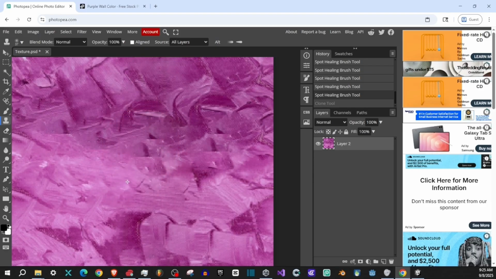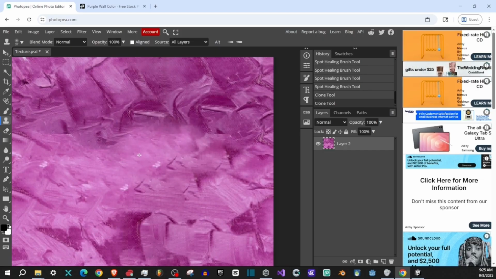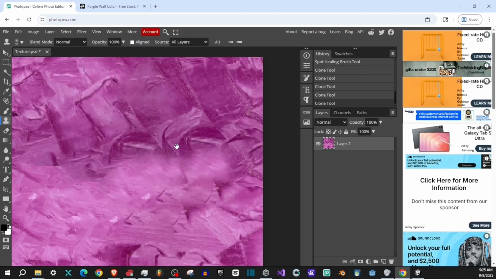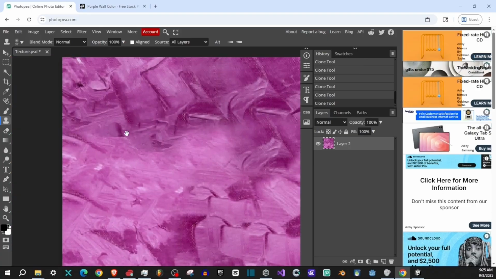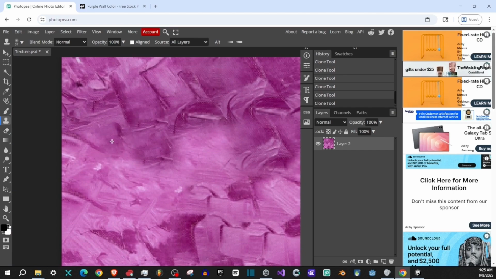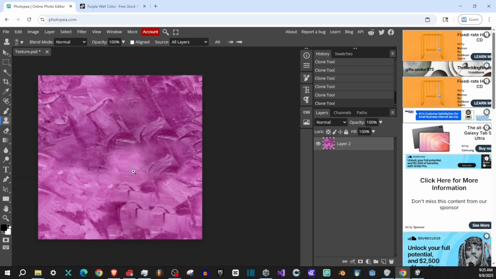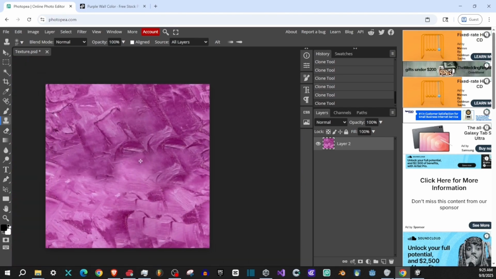And then once we have that, we can just hold Alt and left click to sample an area. And then if I start drawing right here, you'll see I can put blotches or new information from where I sample over the area where I want to change that line that won't go away for some reason with the spot healing tool. So once we do it a few times and we get different patterns and areas, and we just blend it as we see fit so that there's no weird line work that we're seeing,